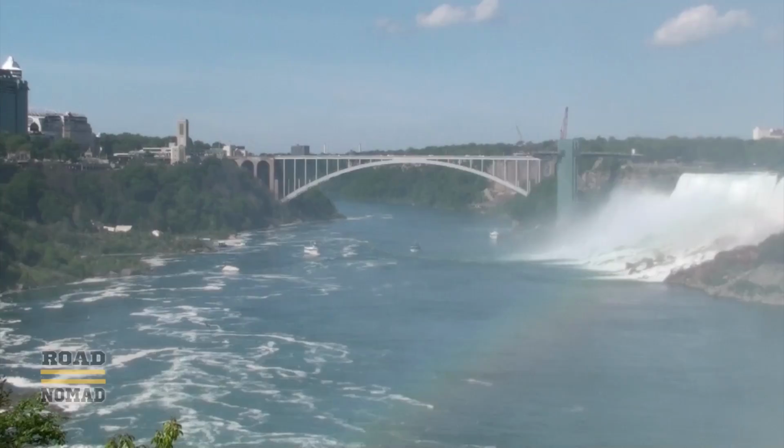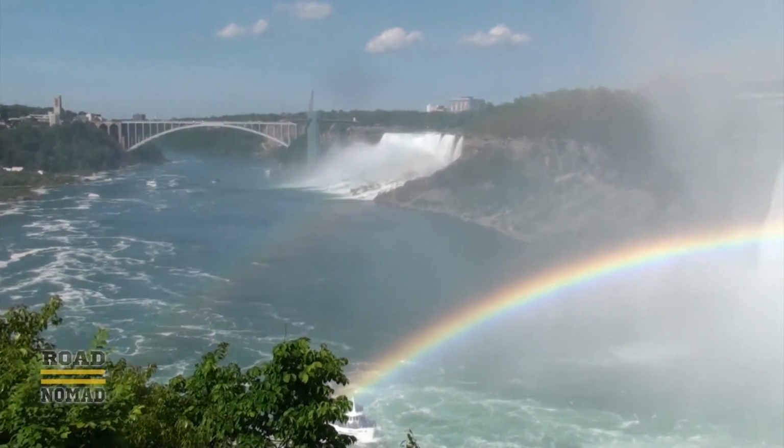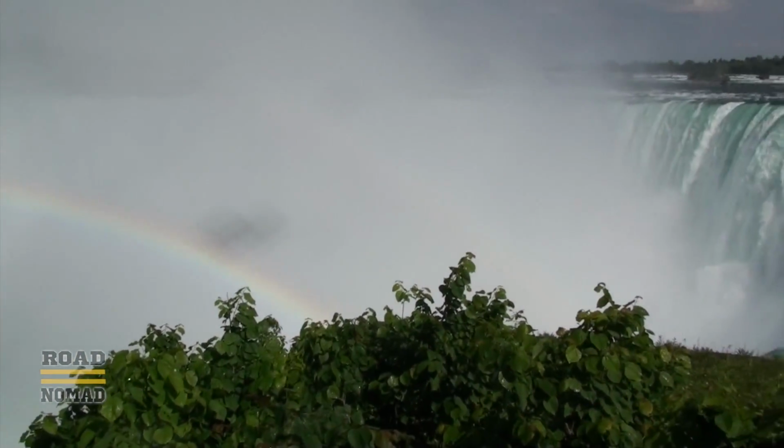In the distance, we see the Rainbow Bridge, which connects the USA with Canada. In the foreground, two beautiful rainbows. I don't really have a whole lot to say here, so let's just admire the natural beauty of this wonder